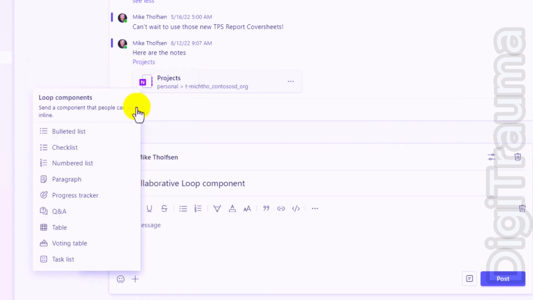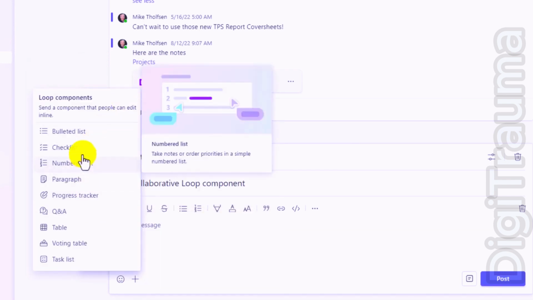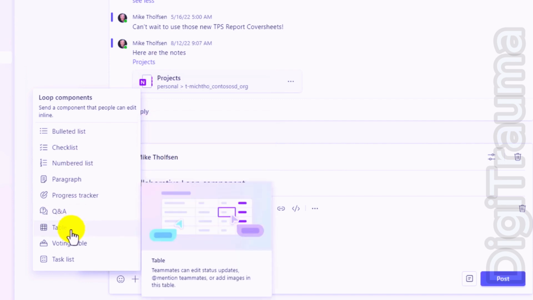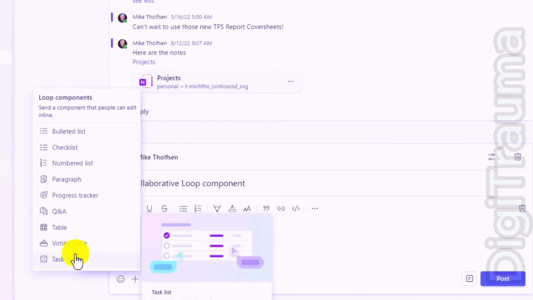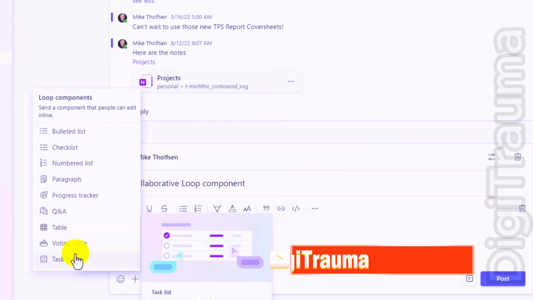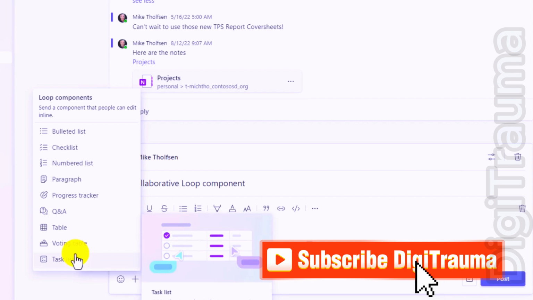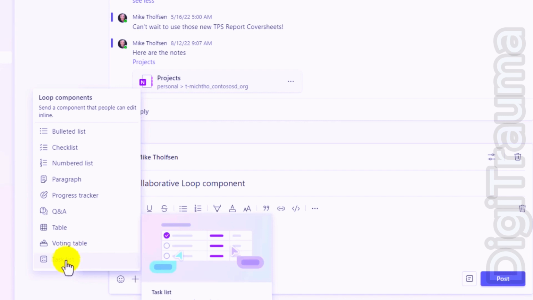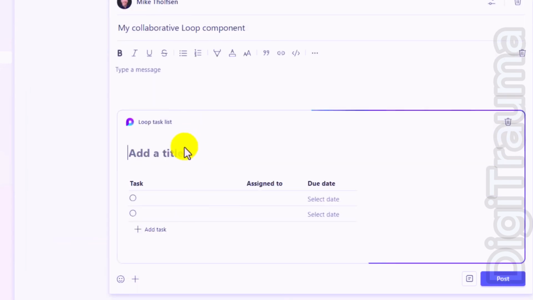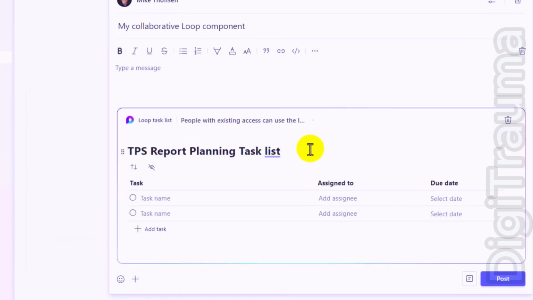Loop right here. I've got all these different options: lists, checklists, Q&A, tables, task lists, and these are all collaborative, just like the way Loop works in all the other apps, whether it is Whiteboard or Outlook or Word, or it's coming to OneNote soon. I'm going to choose a task list here to make my first component. We'll give it the title, the TPS Report Planning Task List, and I'm going to start adding tasks to this